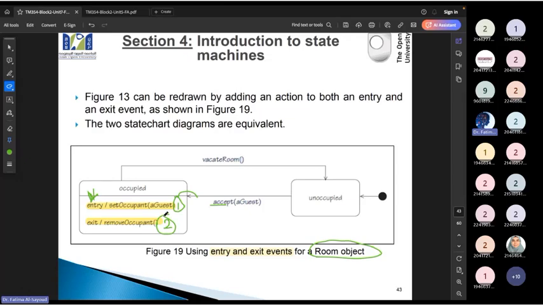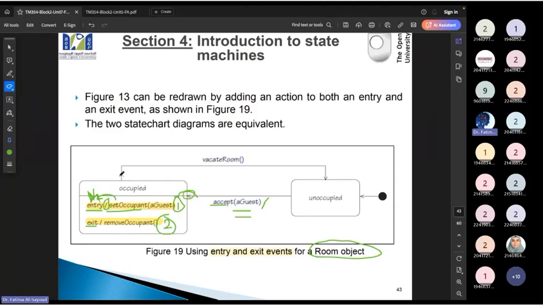Why did I specify it here instead of putting it as in our previous example? In the previous example, we had a slash and we said set the occupant. We need to emphasize that this action, set the occupant, happens when you enter this status, اللي هي occupant. So I'm going to say entry slash, and then what is the event for entry لما أدخلها.